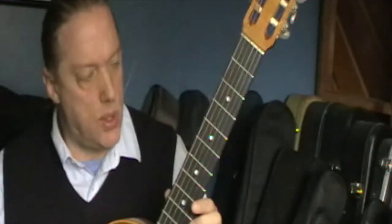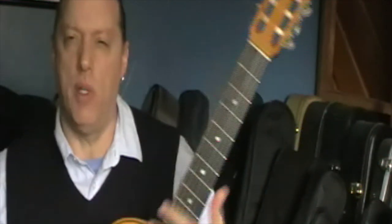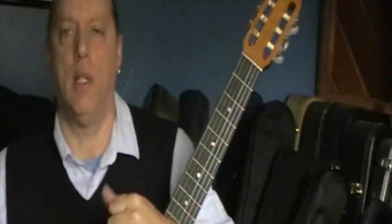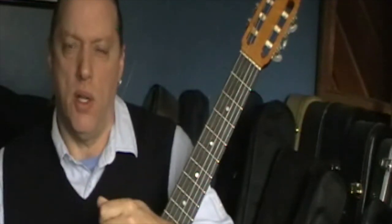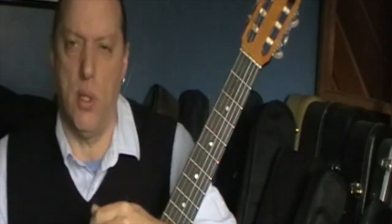Whereas if all I did was set up and clean up frets, then I would definitely call myself a guitar tech. So it's an interesting distinction. I think I have to disagree with his